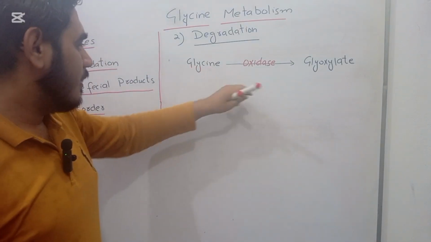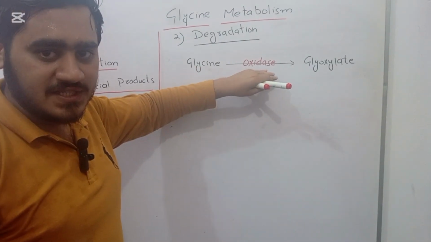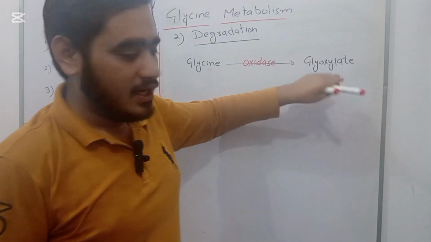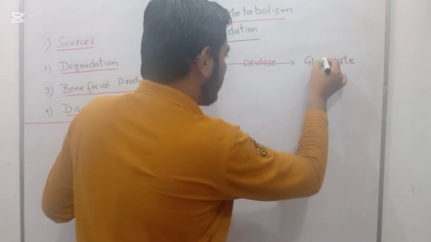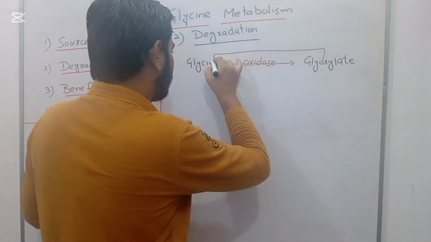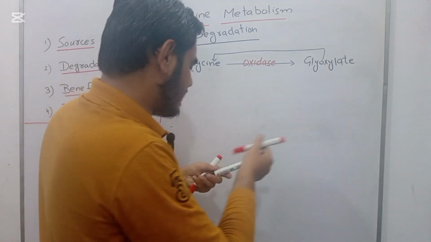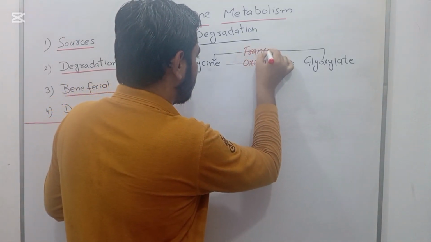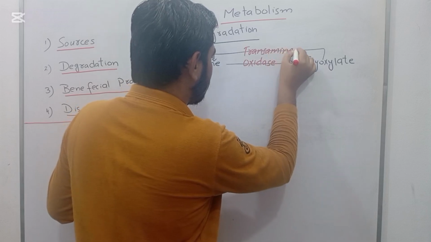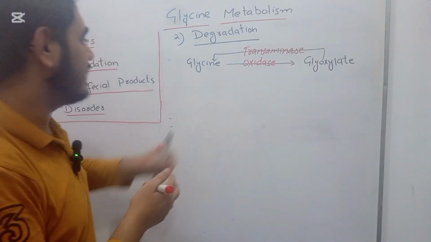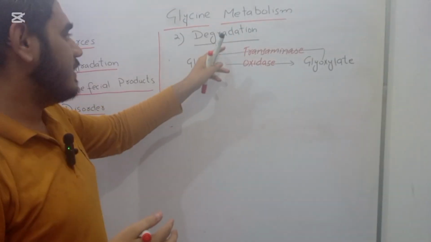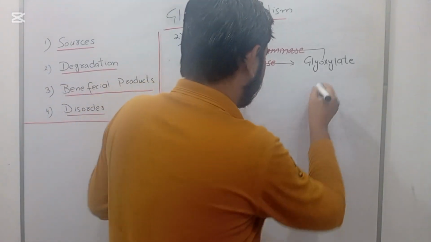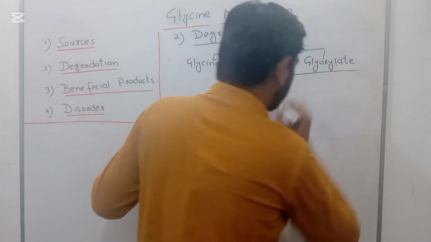This glycine, by the action of glycine oxidase enzyme, forms glyoxylate. This glyoxylate, by the action of transaminase enzyme, forms glycine again. So this is basically the degradation of glycine, and you must remember that this glyoxylate,